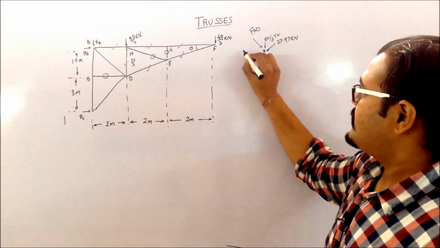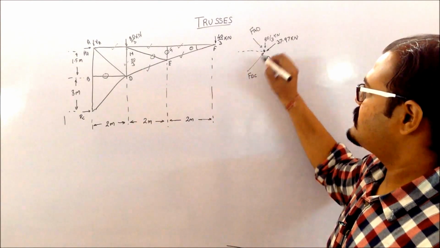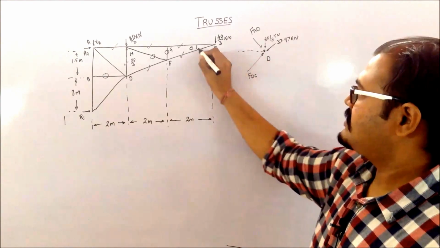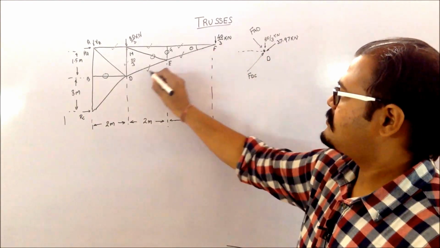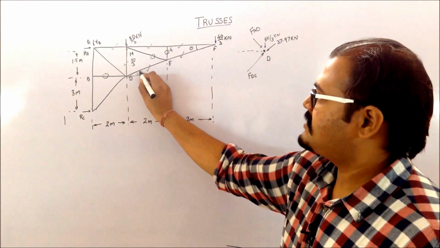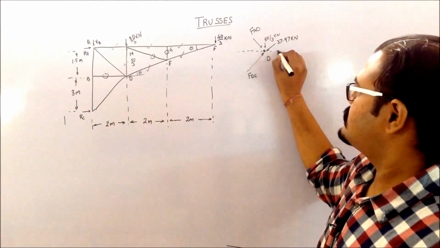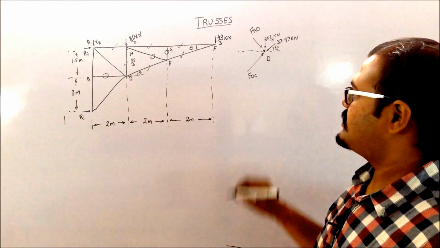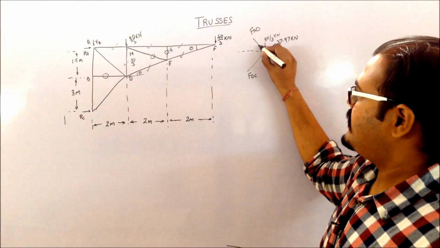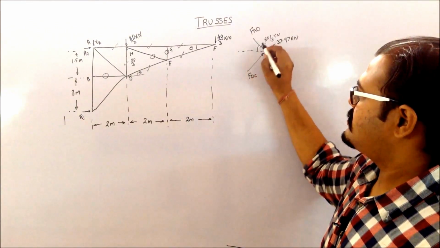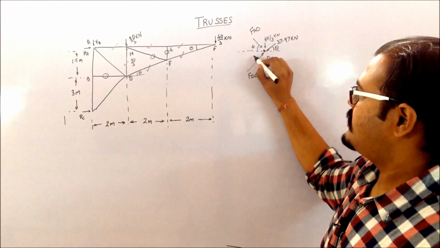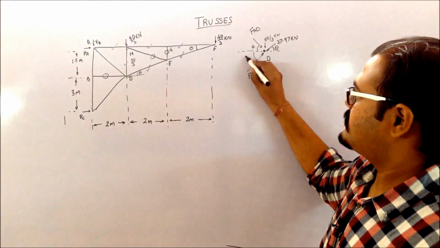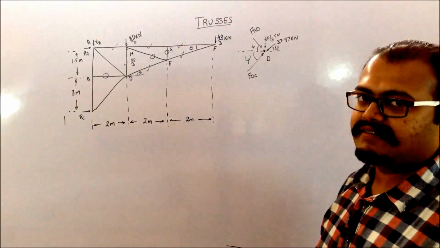I will be requiring the angles made by these forces and this particular force. If you analyze this, this angle is basically my theta angle. So this force is making a theta angle, which we had already calculated. I can take this particular angle as my phi and this as my xi.